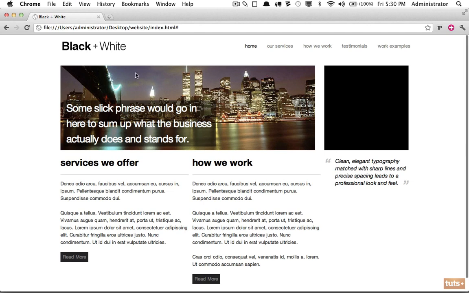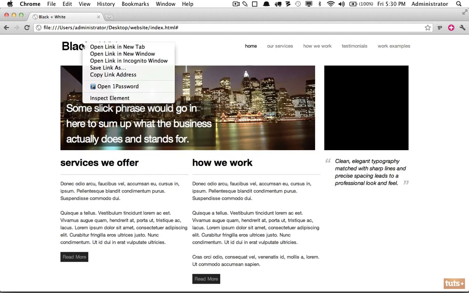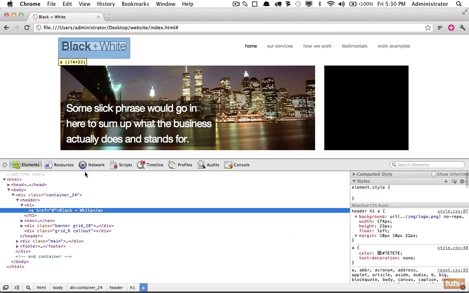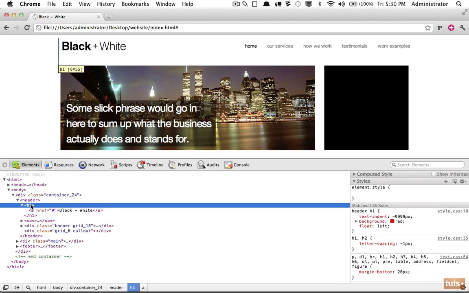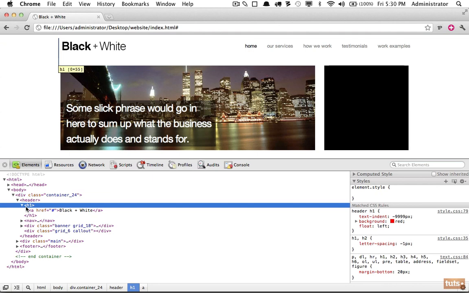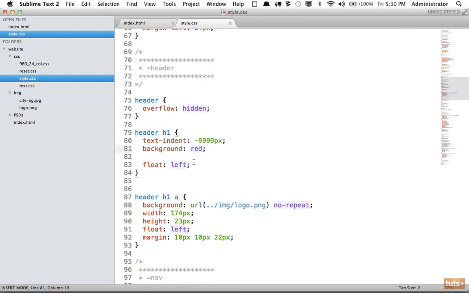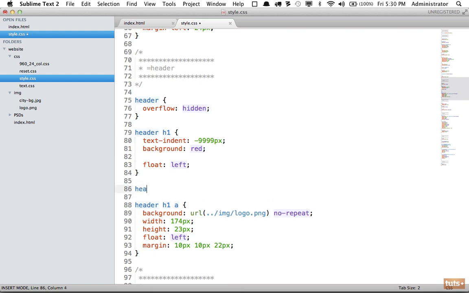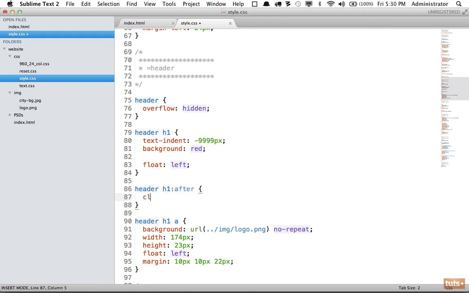In this case, if we remove it, it does come back and it appears to work, but then we have that issue that may or may not be an issue that the heading 1 isn't containing that anchor as well. And you can fall into some potential issues in the future, so always make sure everything is contained. So what we want to do is what's called a clear fix technique. And that is where you specify that after the anchor tag, we're going to clear everything, and that'll make it